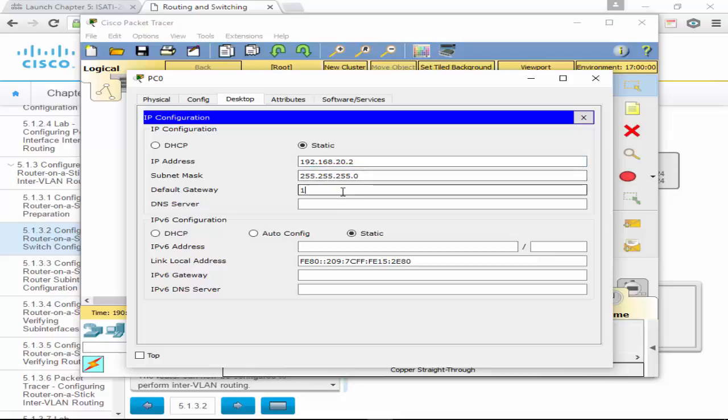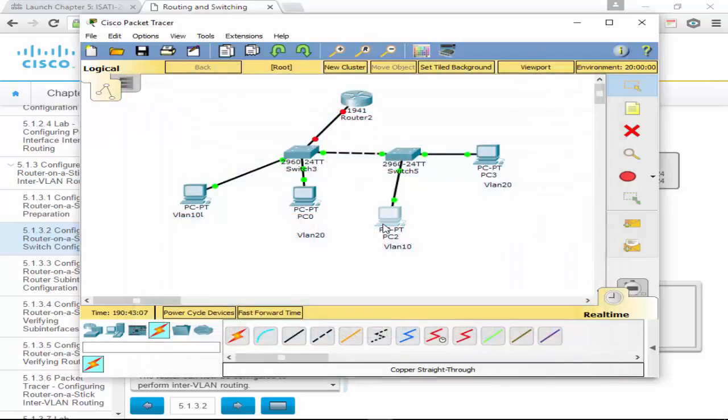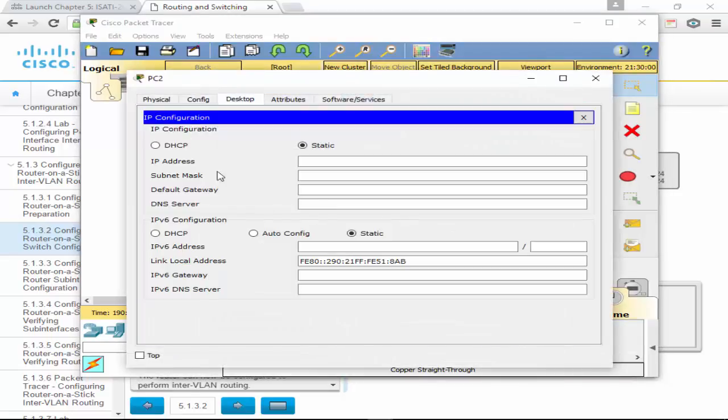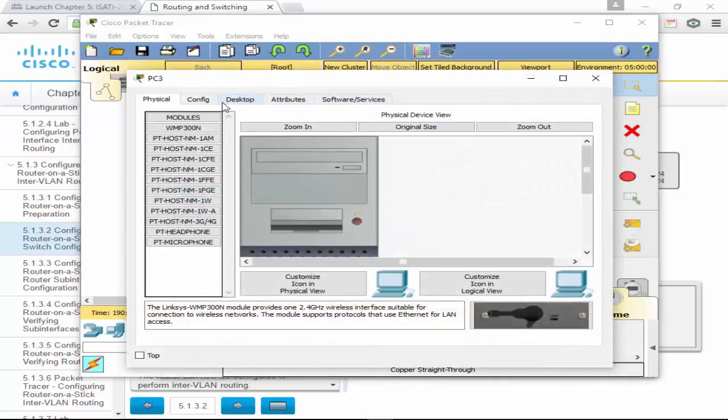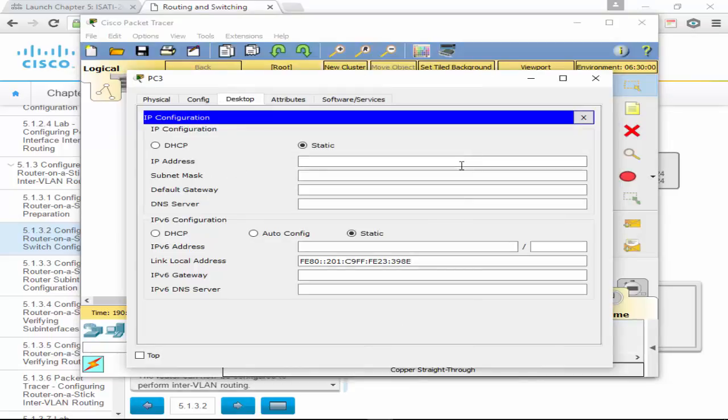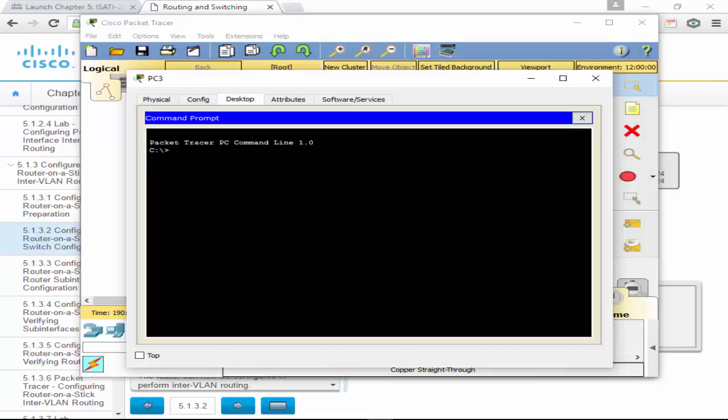192.168.20.2, 192.168.20.1. Okay, this is VLAN 10, so we go 192.168.10.3, 192.168.10.1. Last computer, 192.168.20.3, 192.168.20.1. Okay, so now we should be able to ping, because there is a trunk going, right, it's going to